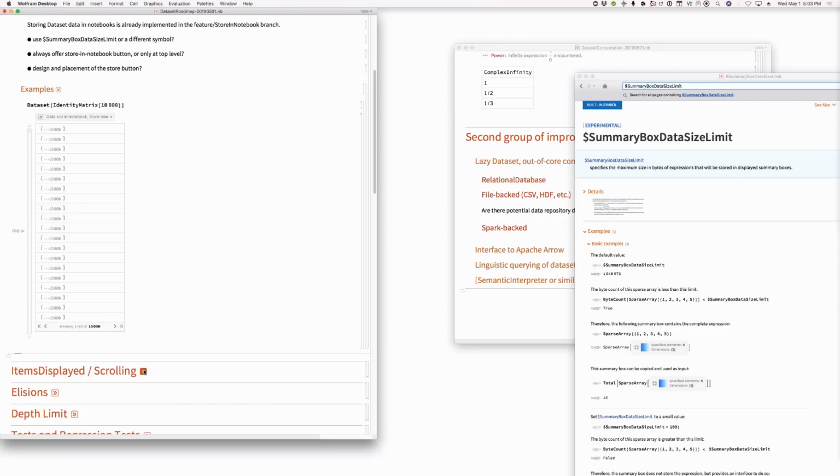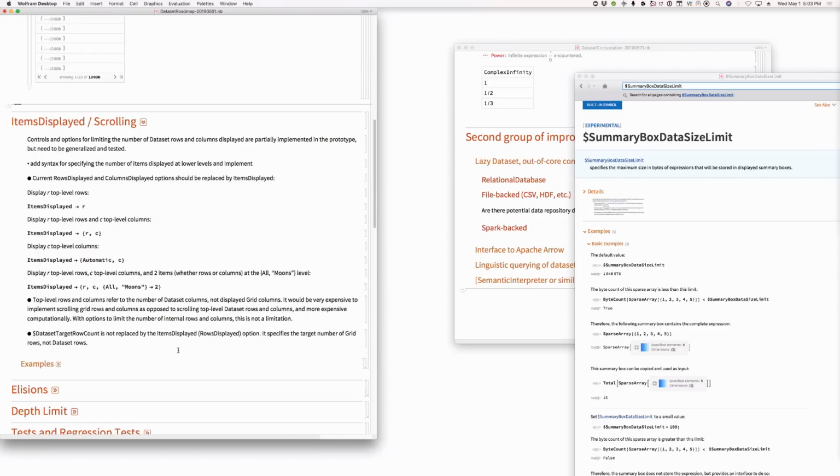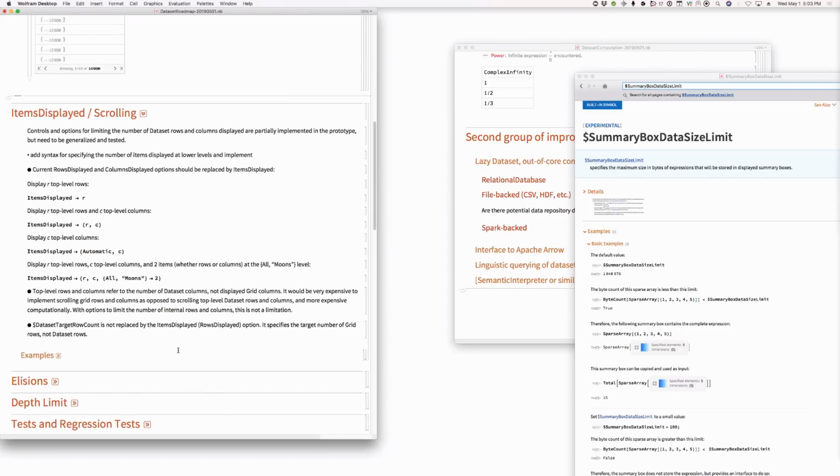Okay, items displayed and scrolling. Right, so there's currently two different options, rows displayed and columns displayed. If we want to generalize that to be able to specify the number of items at any level, then I think the option needs to become items displayed. I think that's right. I think you're okay. Right. And this is the syntax I'm proposing. If you say items displayed R, it's the number of top level rows. And if you give RC, it's rows and columns at top level. And then you can specify RC and then